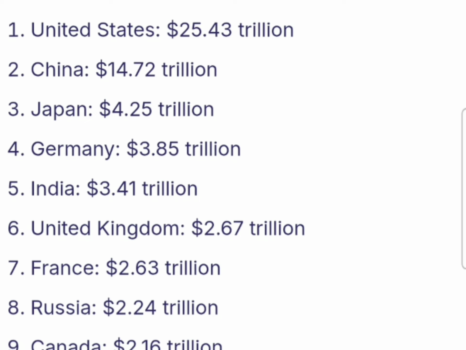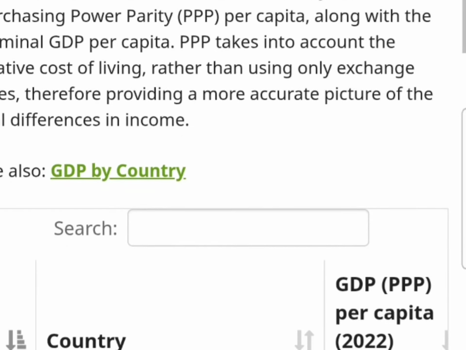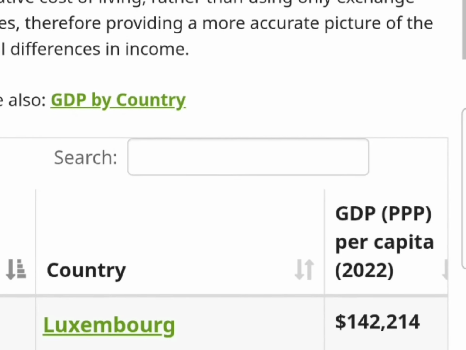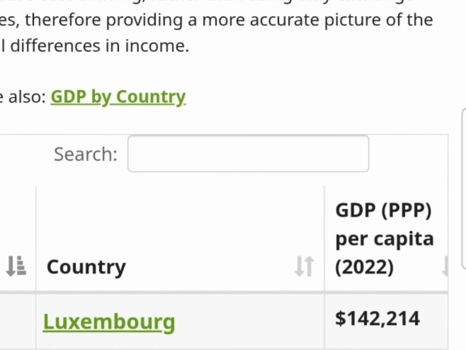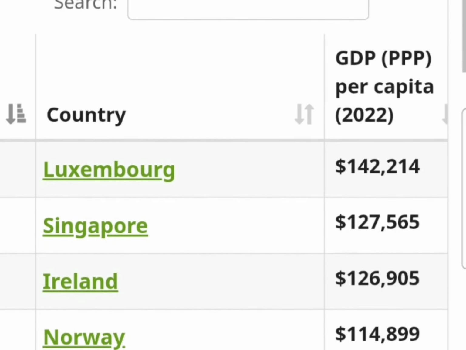Most of these countries belong to North America and the European Union. From Asia, China, Russia, Japan, and India are in the top 10. What is GDP per capita? GDP per capita is the total GDP of a country divided by its total population. It means how much income an average person of a country has in a year. So the top country, Luxembourg, is the richest country in terms of GDP per capita, because the GDP per capita in Luxembourg is